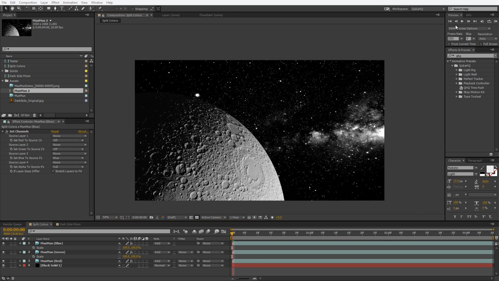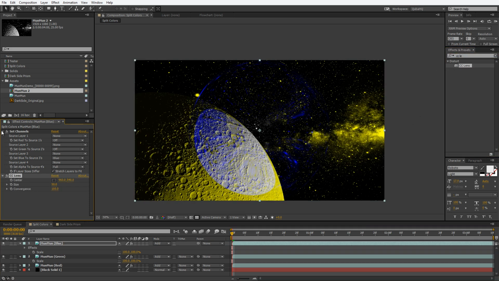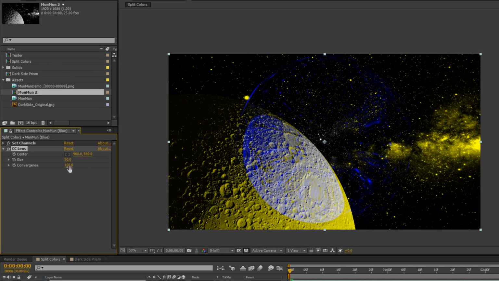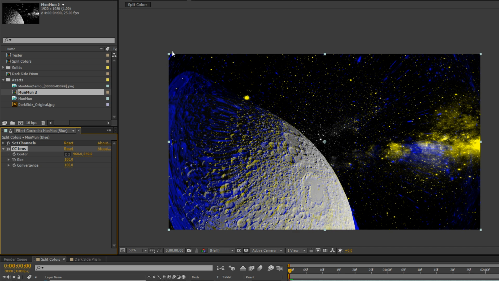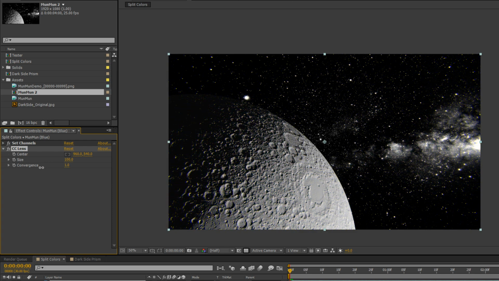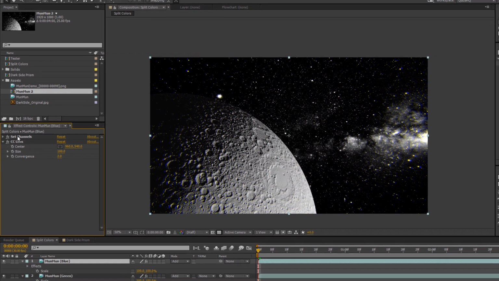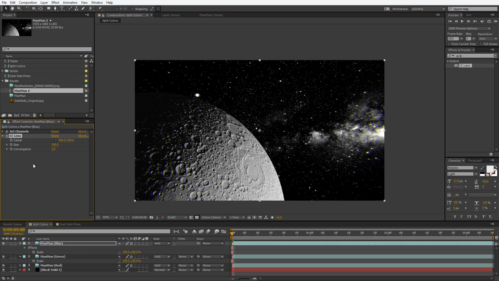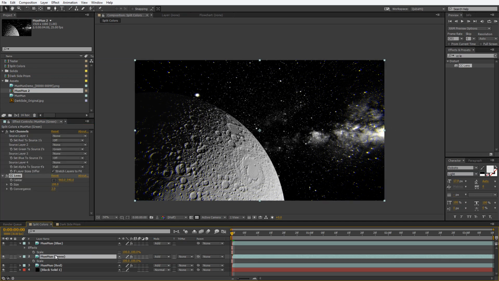And how I would do that would be to just go to the effects and go to the CC lens, apply it to one of the channels and set my size at 100 so that I can see that it reaches the corners of the image and doesn't create a sphere, and then lower the convergence to a fairly low number, let's say 2. At this point I can copy this effect from here and paste it on another channel